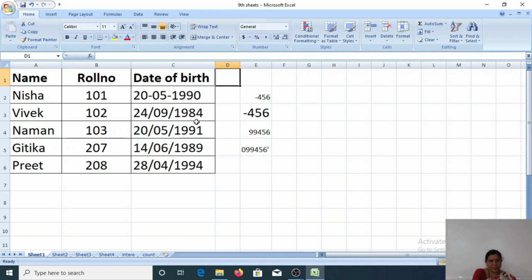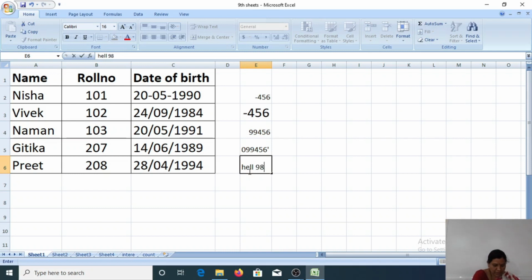Entering the text label. Okay, a text entry is a combination of both numeric and non-numeric data along with spaces. Now I want to type hello space 98.